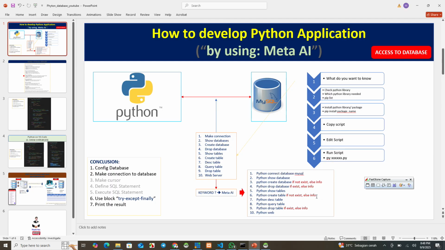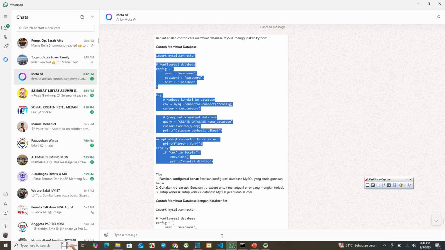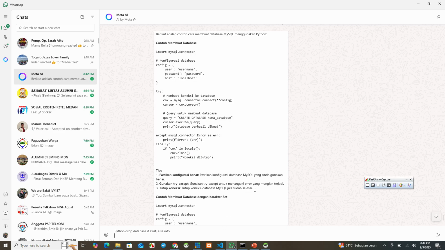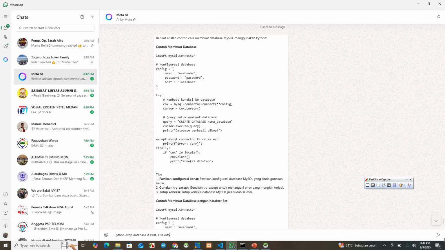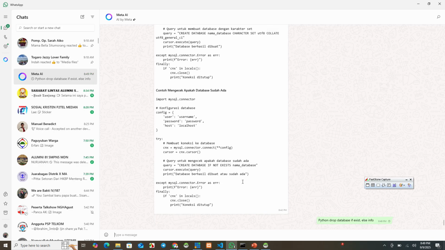Also we can see this. Drop table. We put on Meta AI, drop database if exists, not table. This is a drop database, and also you can see drop table.